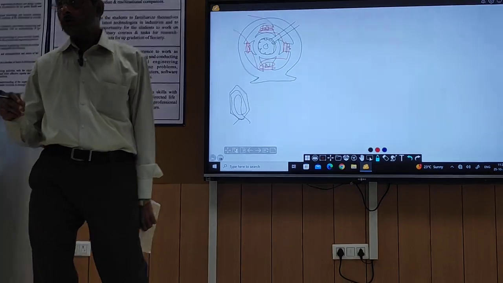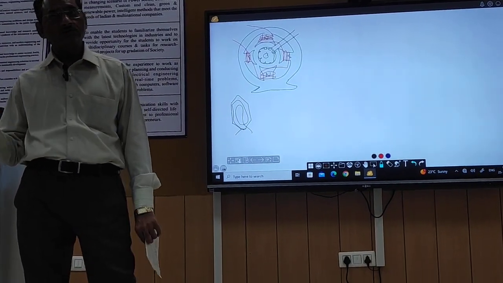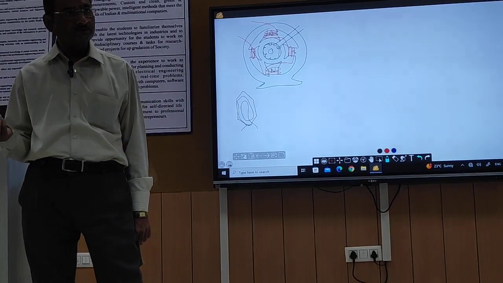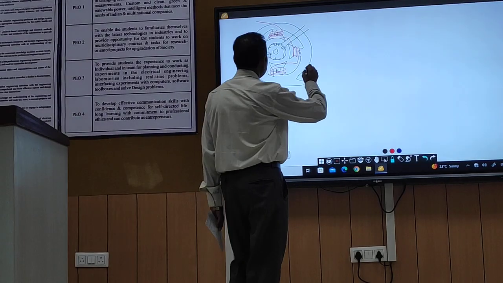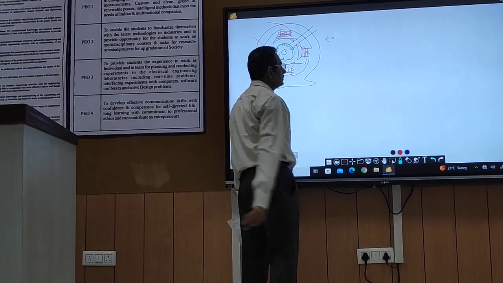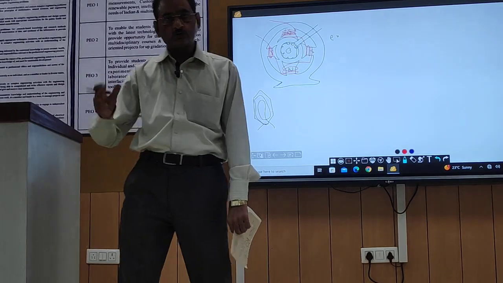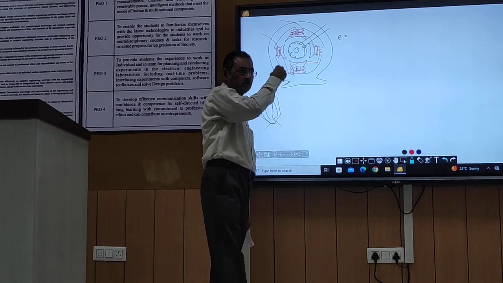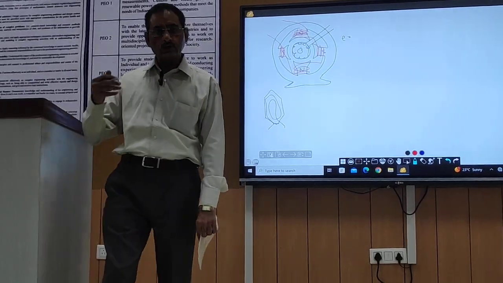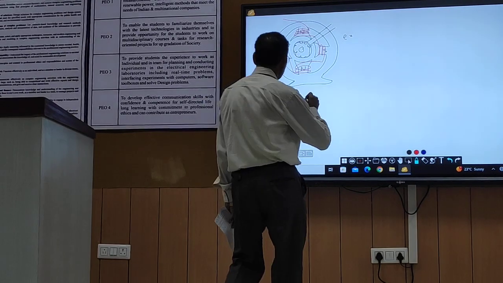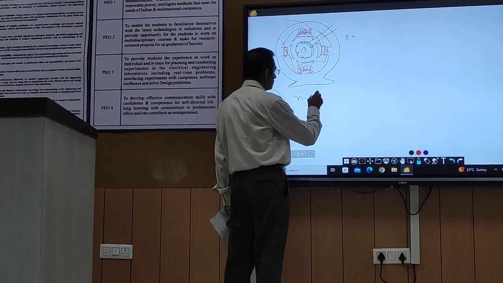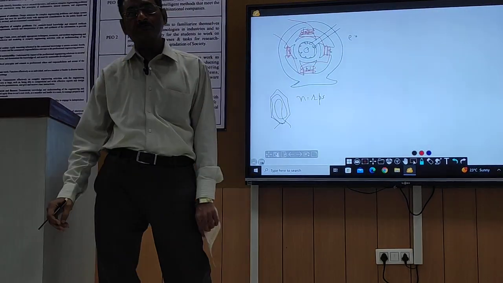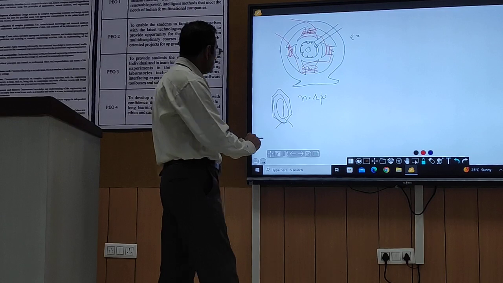Now, in the armature, we know the voltage is induced. Our intention is to find out how much voltage will be produced in the armature. We know the voltage E induced into the armature is according to the rate of change of flux, and EMF is produced. For example, this armature with the help of this shaft, with the help of this prime mover, is rotating with the speed of n. Small n is the rotation per second. If this rotor is being rotated with the speed of n rotations per second, then in each conductor,